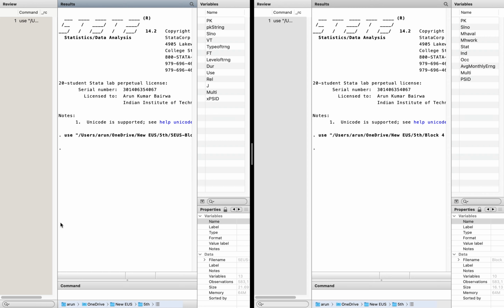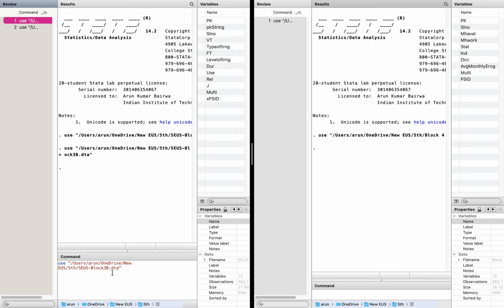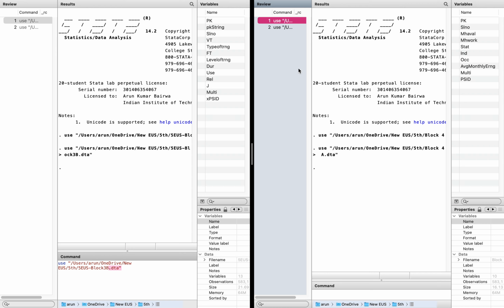Okay, once again I'll put this command. Yeah, see, this is block 3B, this data set, and this data set is 4A. Now we are able to see both the data sets simultaneously.